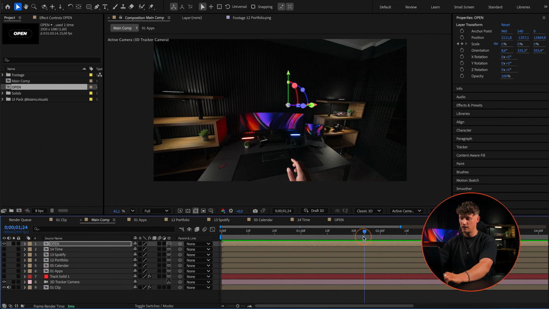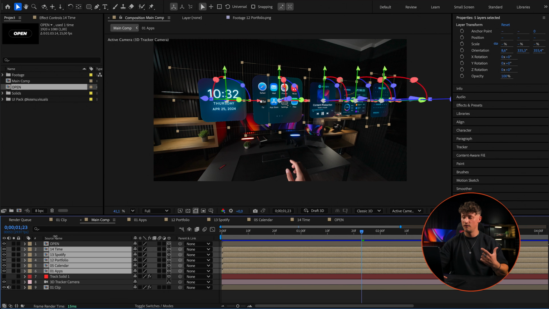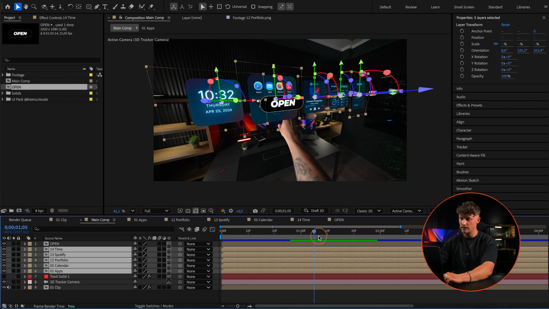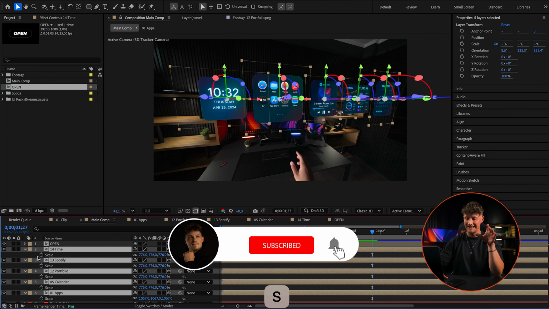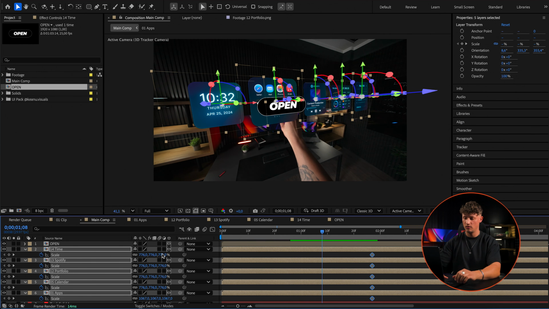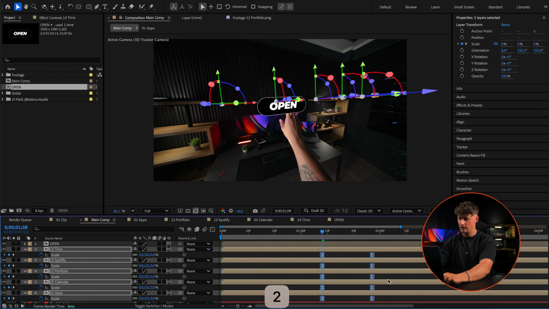Awesome. Right when everything closes, we want all of those time and Spotify portfolio HUDs to pop up, right? So let's turn on the visibility again, like that. And now here, we want that scale. So now they are scaled properly. So we open up scale, making a keyframe. And here, they should be at 0, all of those shapes. So we put all of the scales for all of those HUDs to 0. Boom. We can actually smooth them all like that.